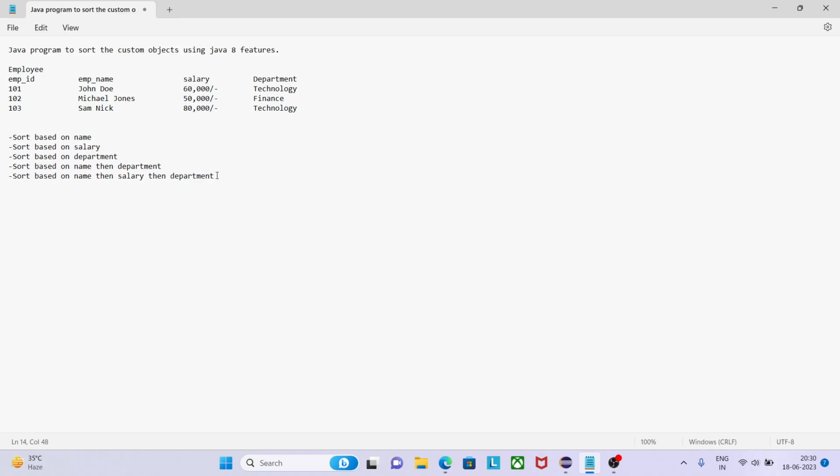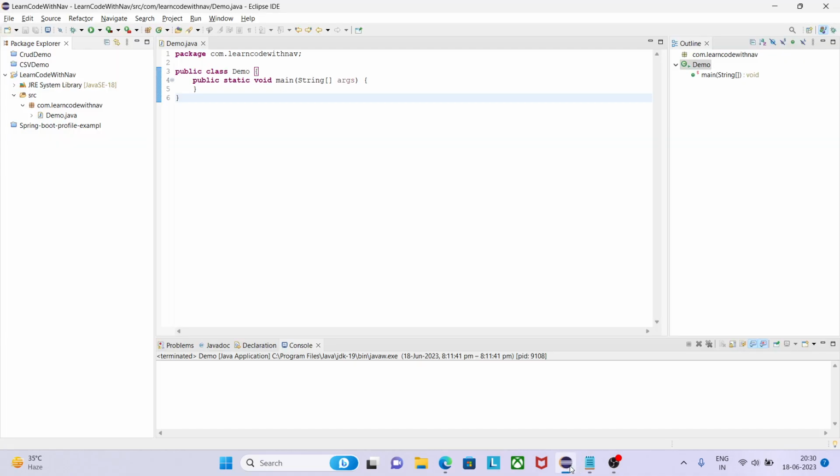I am going to achieve the solution for this program using Java 8 features. Java 8 features I will use: lambda expression, I will use stream API, I will use comparator using predicates and all. Okay, let's go into the Eclipse please,